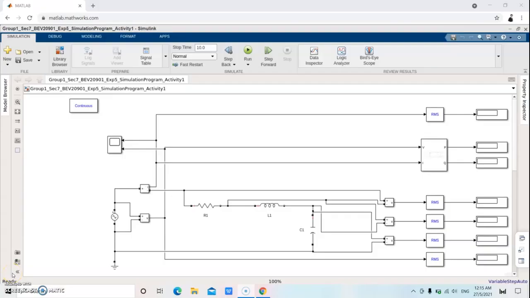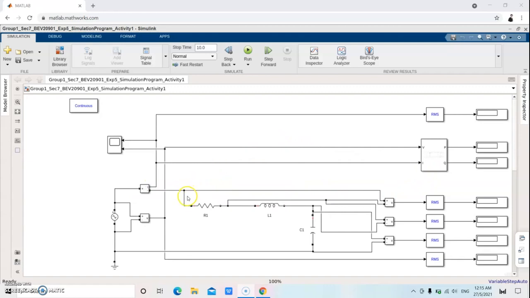Now I will do the presentation for Activity 1, which is the steady state behavior of the RLC series circuit. First, we construct the circuit diagram according to the data sheet given. First, we construct an AC power supply, and then we parallel it with an AC voltmeter, and we continue to connect to an AC ammeter, which is in series with the AC power supply. After that, we connect to a